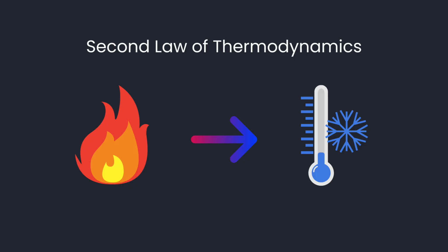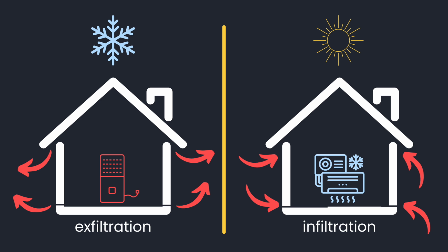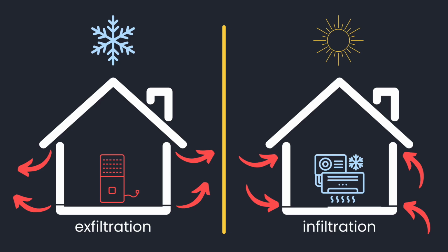And to visualize a bit of what's going on in your home, we're also just talking about the second law of thermodynamics, which simply means that hot moves to cold. And why this matters for your home is that through the seasons, the temperature difference or delta between the outside and inside your home will be more extreme, especially in the heights of summer or depths of winter. In the shoulder seasons, it's not as much, but you can see here that in the winter, we have